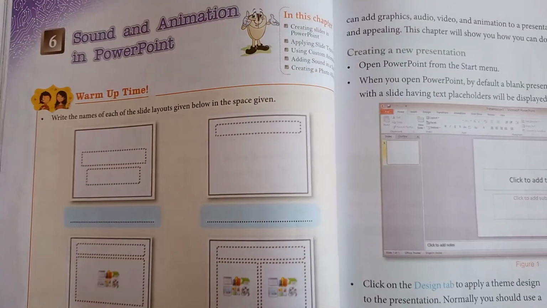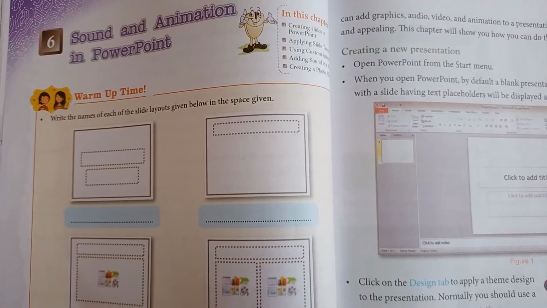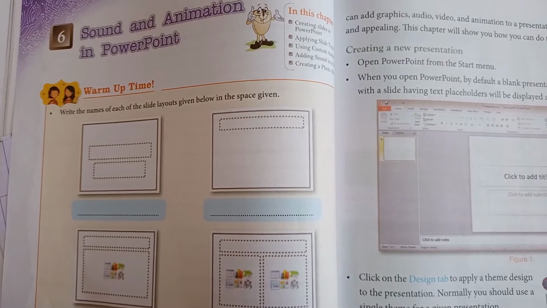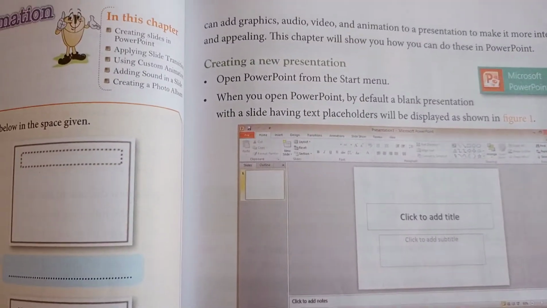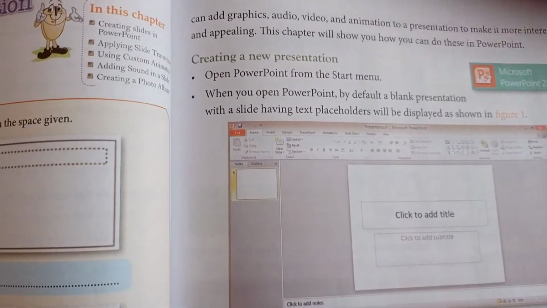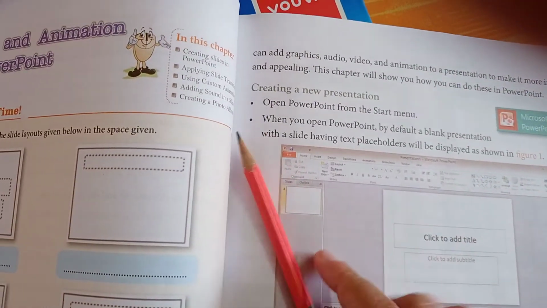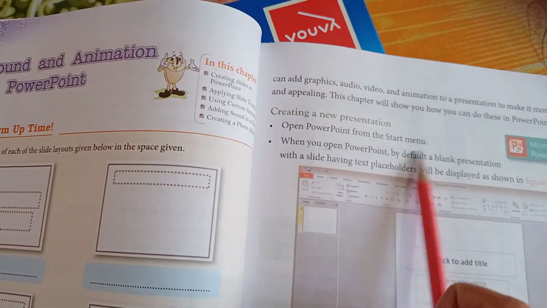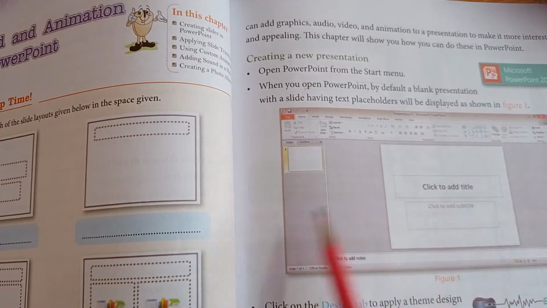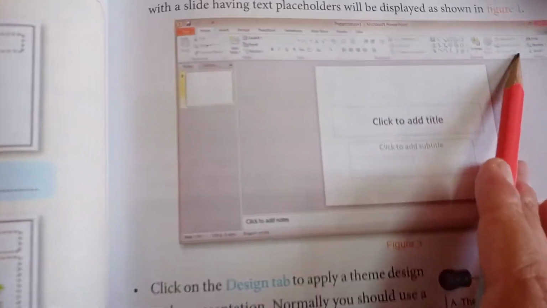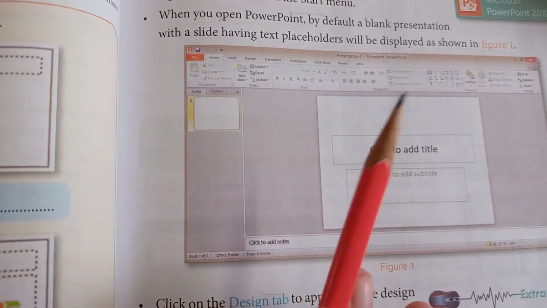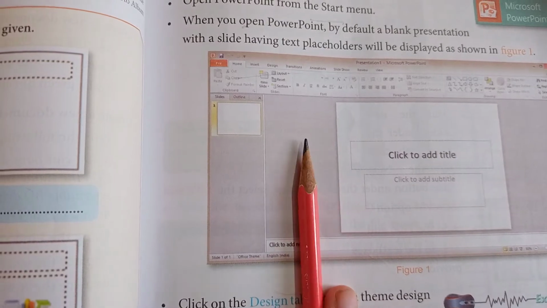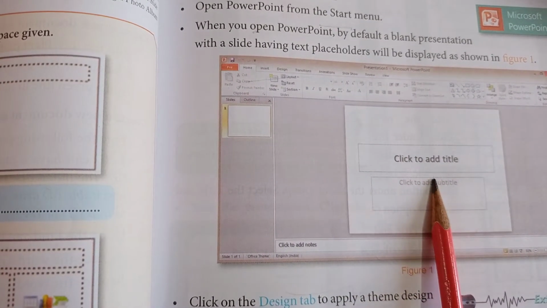How to start the PowerPoint? The basic step is click on Start button, All Programs, MS Office, and then select MS PowerPoint. Now, as you all know, first you have to create a new presentation. How to create a new presentation? Open your MS PowerPoint window from your start menu, and this type of window will appear in front of you. The first picture of the PowerPoint will come in front of you by this blank presentation.